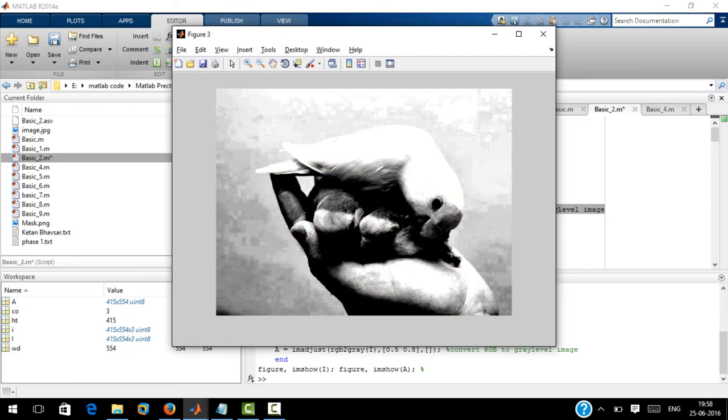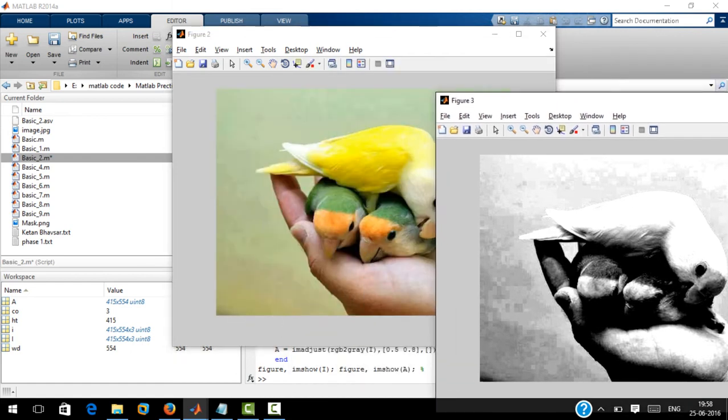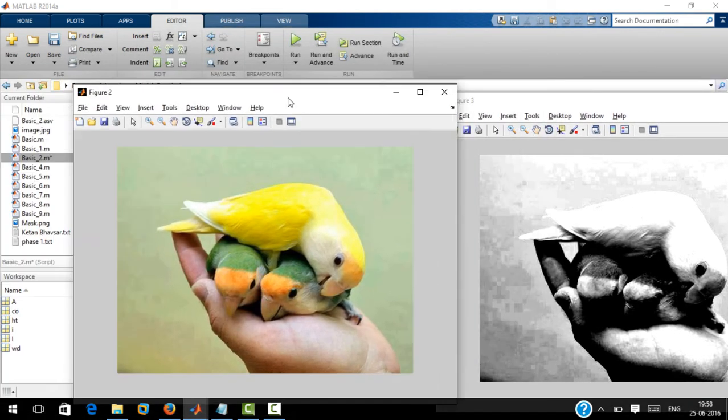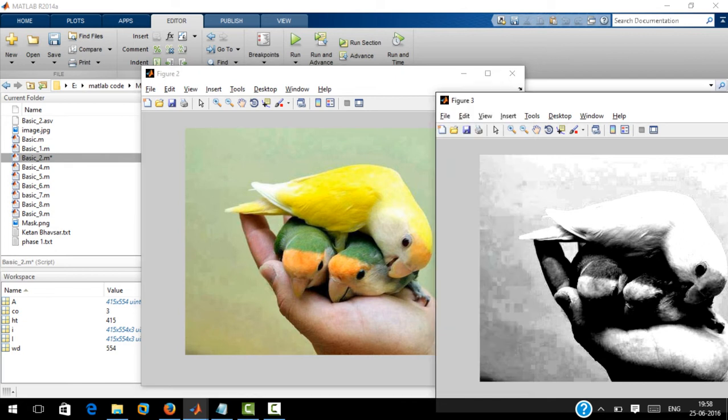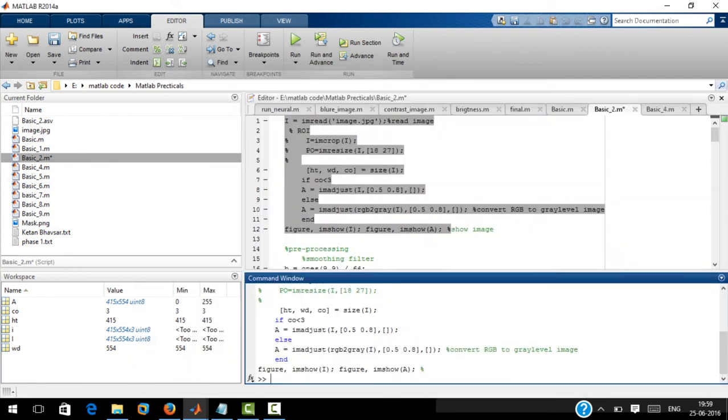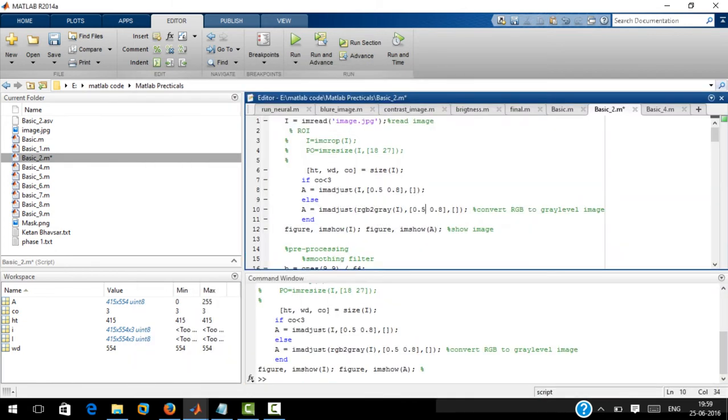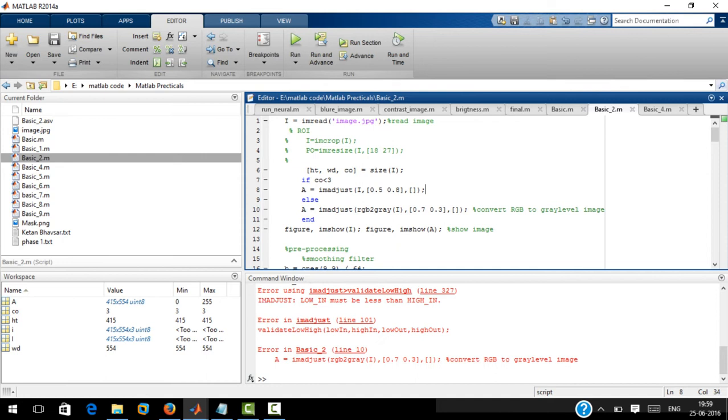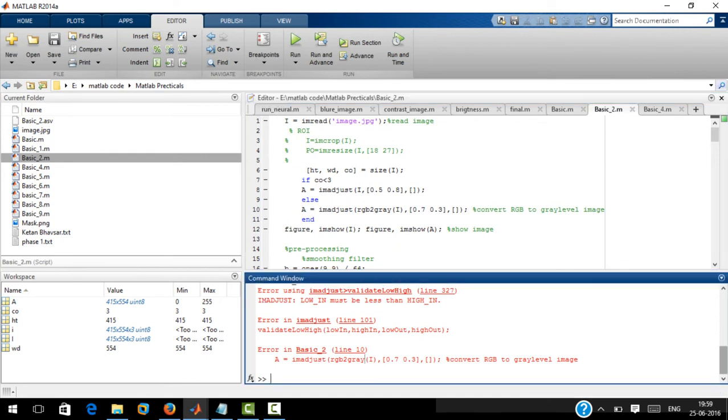This is the image. You can see it is in the form of gray images. As you can see, it is a color image or a gray image. Now after that, if you change the values over here, like 7 and 3, and compile the program again, this is the image.